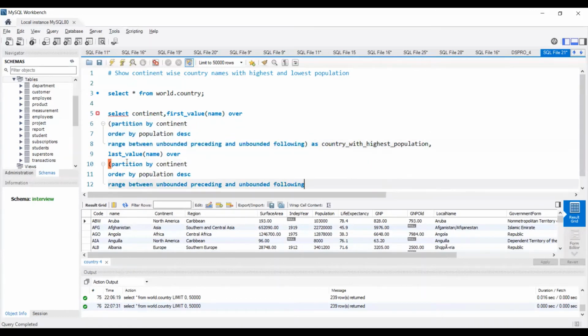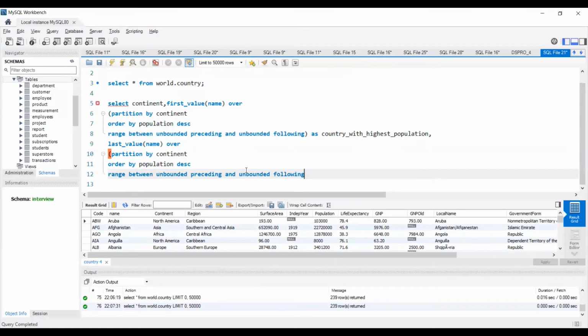When we arrange in descending order, the minimum value will be shown at the end, so that will be the last value. The name is country_with_lowest_population. When we arrange in descending order, it goes from highest to lowest. So when I take the first value, it will be the highest value, and when I take the last value, it will be the lowest value.